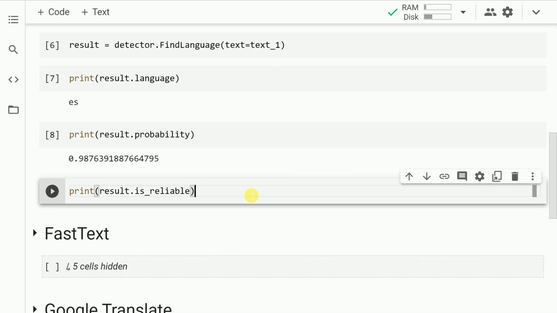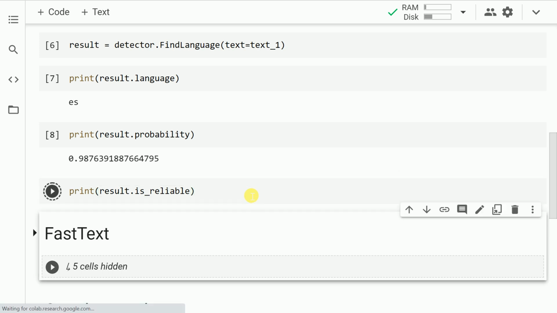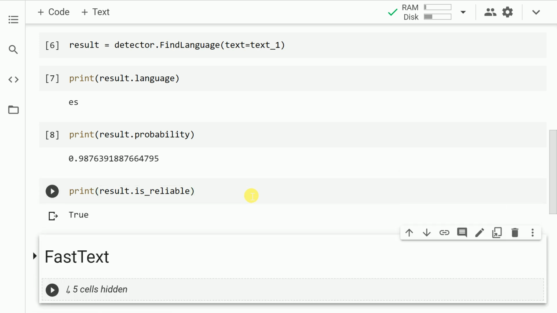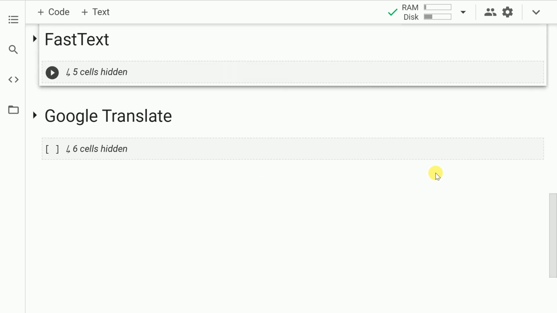If you want to check the reliability of the result as well, then there is a function called is_reliable. So let me run that. So it essentially says that you can trust the reliability of the result as well. So this is something that I wanted to demonstrate in terms of how easily you can check the language of a string. Let's go forward.